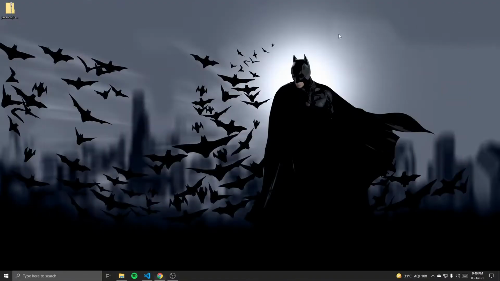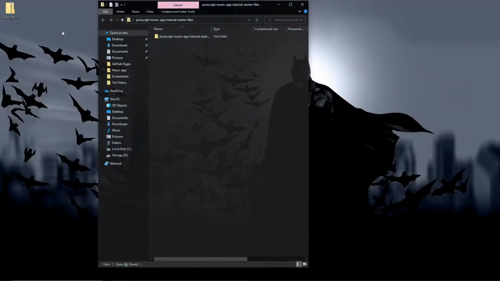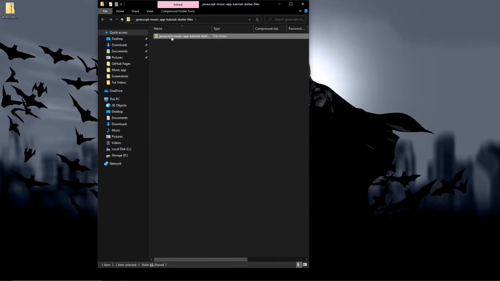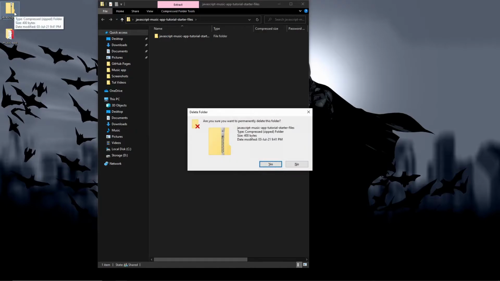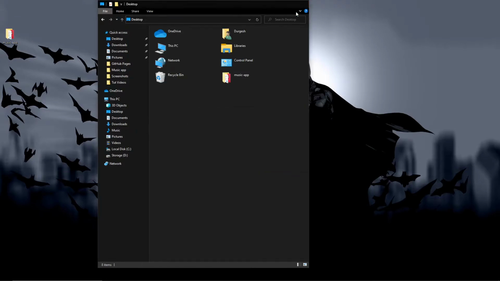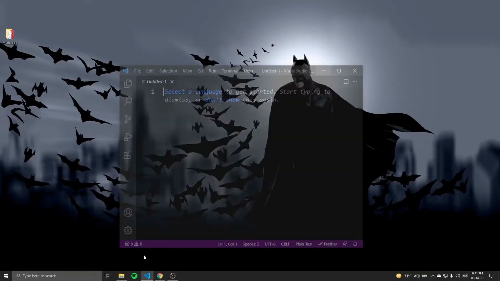Let's save and move to the desktop. Copy it and paste it outside. I will just rename it to music app and then just delete this zip version. Now I will open my VS Code